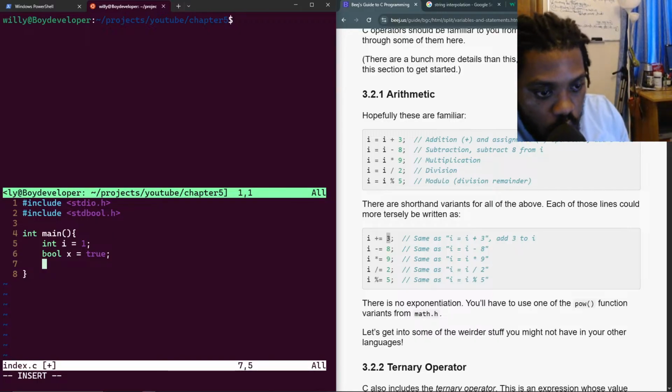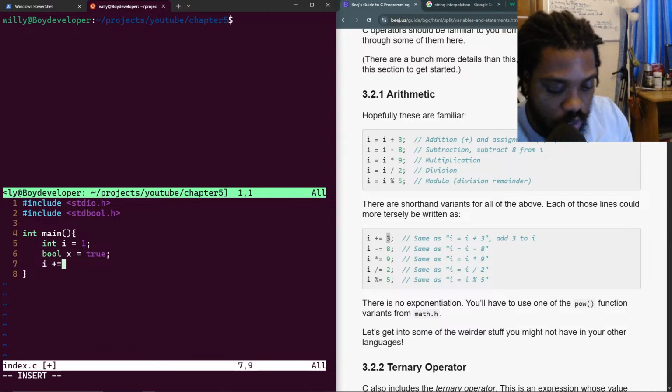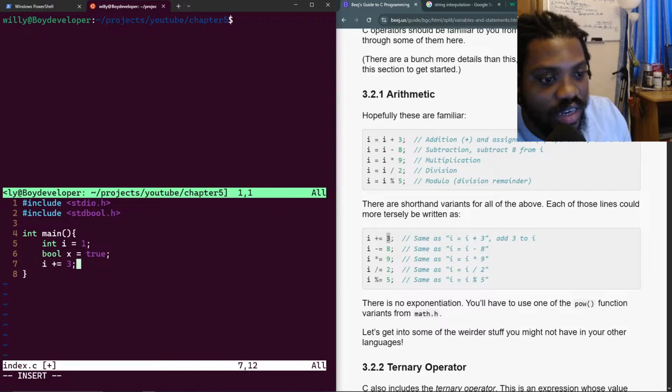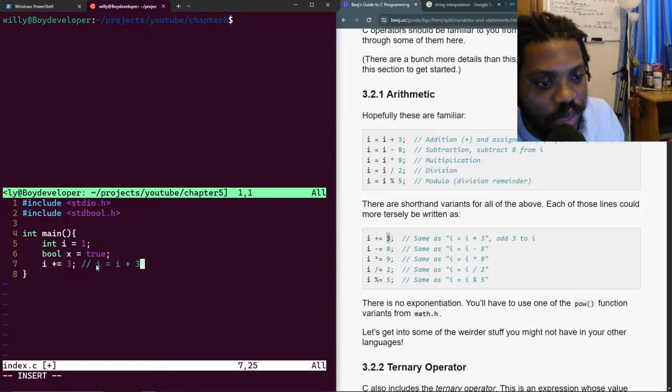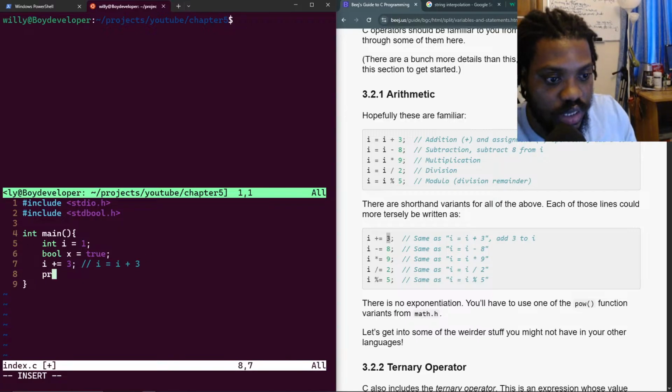If you do i += 3, or 2, or let's put 3, right, this is also the same as i = i + 3. i = i + 3, right? So again, you are just making an addition. If we try to printf, right,